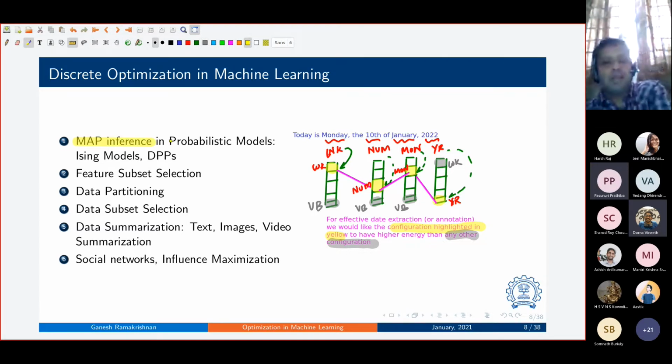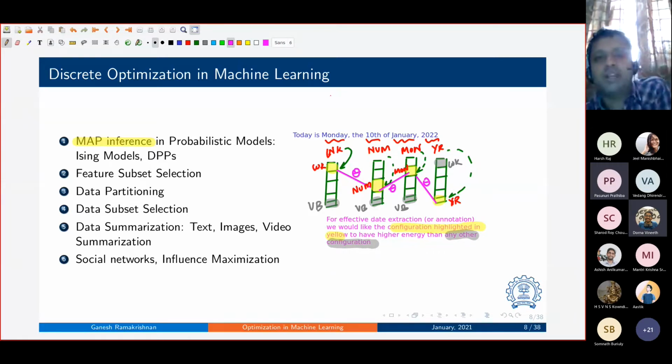Now, how does it turn out to be a discrete optimization problem? Well, that's obvious, right? Because from this grid, I want to select that configuration which maximizes the energy. The energy is associated with these pink arrows. There are also features associated with those pink arrows. Currently, I'm not interested in determining the thetas which maximize the energy. That's another problem, right? You could have two problems.